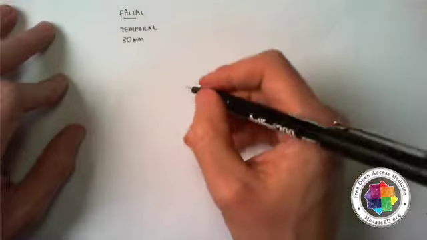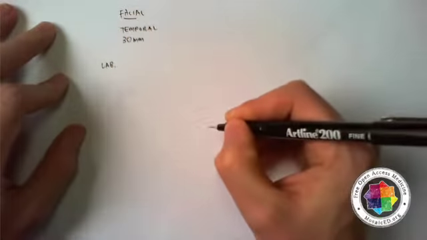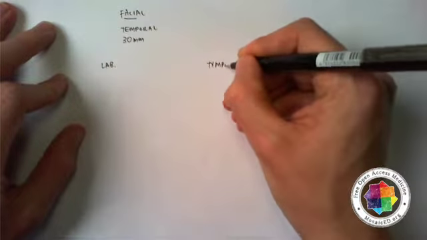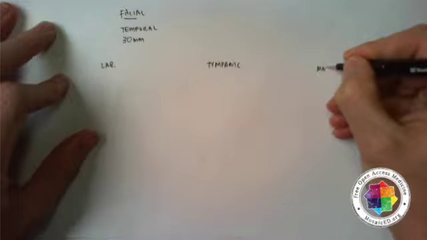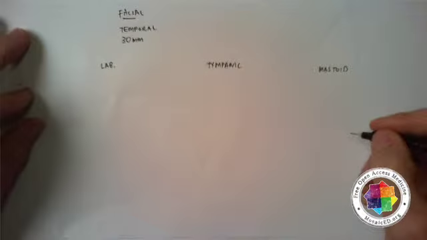So those three segments are the labyrinthine segment, the tympanic segment, and the mastoid segment. And just to give you an overview,